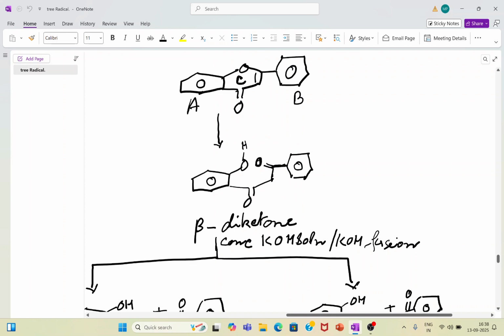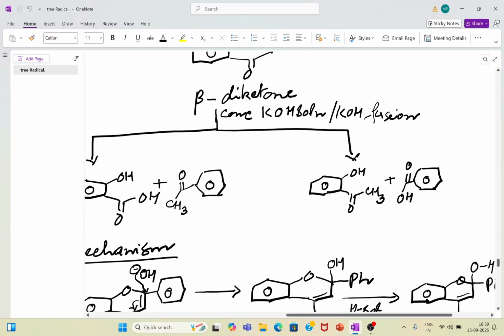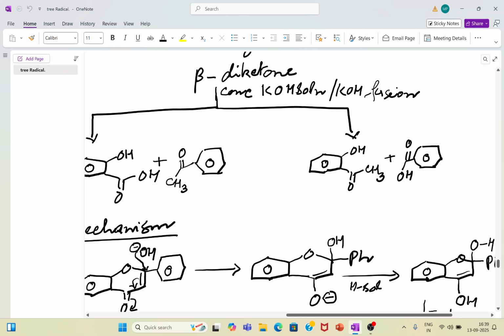And this undergoes further degradation because you are dealing with drastic conditions. You are treating the compound with concentrated KOH or KOH fusion. Now the KOH fusion is that you have to take the compound and the NaOH pellets or KOH pellets in a china dish or petri dish, and then you heat it up. It requires no trace of water, you heat it with a water bath or hot plates, and no humidity, no moisture should be there. That is called the alkaline fusion.